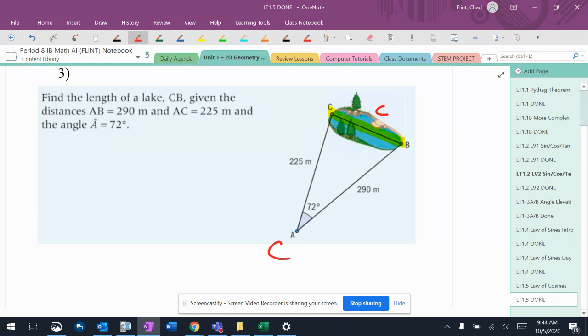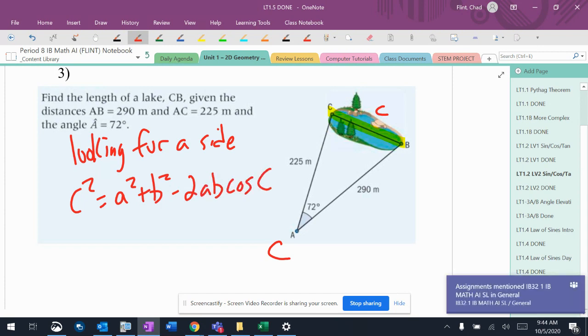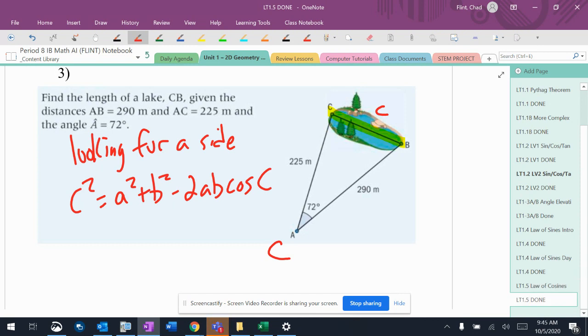All right. Now I'm looking for a side. So when I'm looking for a side, I'm going to use this formula: C squared equals A squared plus B squared minus 2AB cosine of C. I'm going to use that formula because I know everything in the